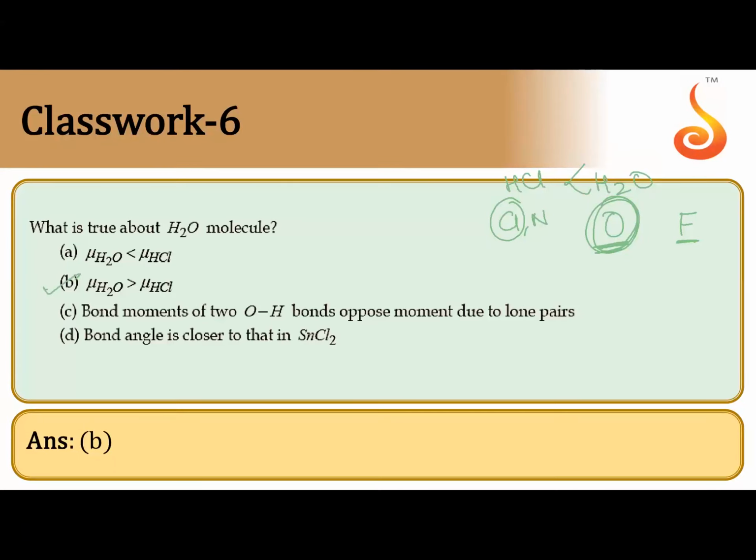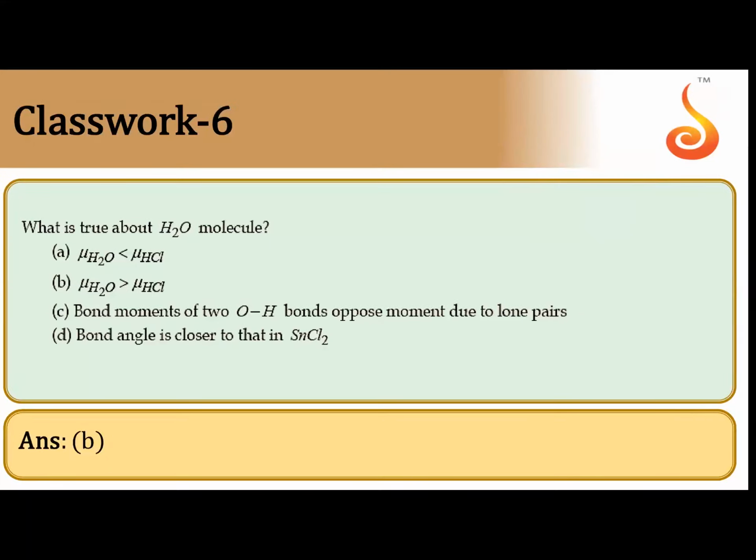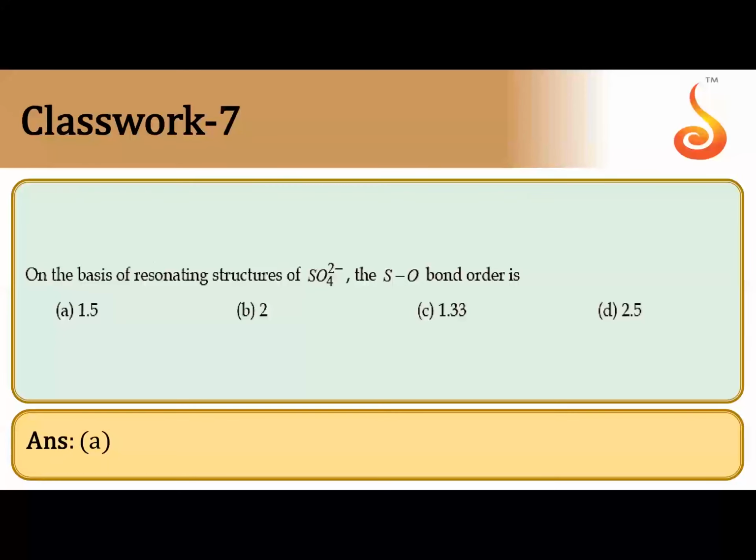So we have finished up to 8, it seems, children. Looks like you all left early. This one also, did we do? Sulfate. Okay, you practice this later, okay? Same logic you apply. Sulfur, is it capable of expanding its octet? It's a third row element. It can expand its octet. So therefore you know how to do it, right? Okay. You already got the answer. Excellent. Let's proceed then.